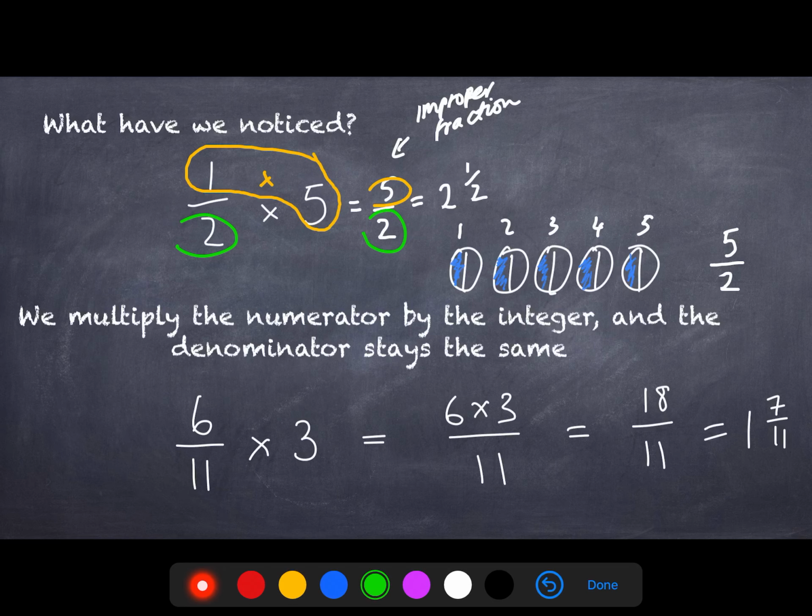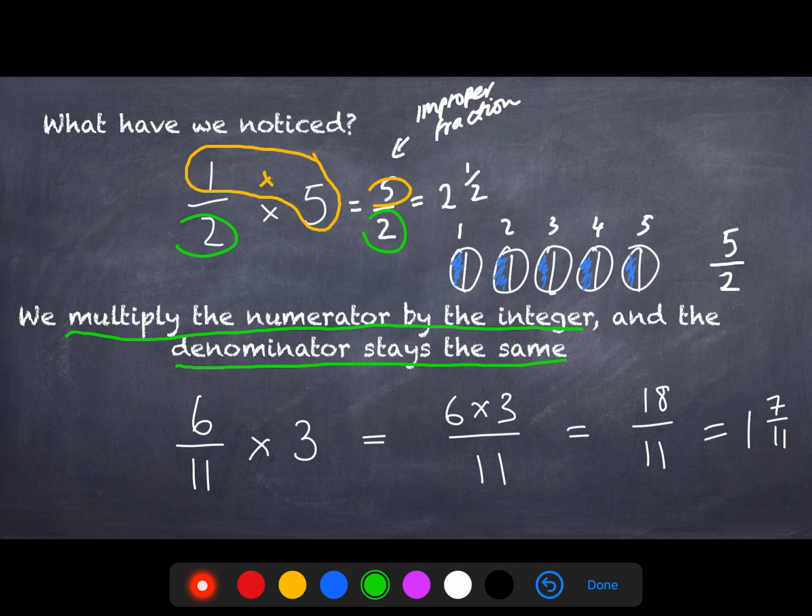So what's happening here? Well, when we multiply the numerator by the integer, that is what's going to be our new numerator. Okay, so the numerator of the original times the integer is going to be the new numerator. The denominator is going to stay the same. So when we have a proper fraction multiplied by an integer, we multiply the numerator by the integer and the